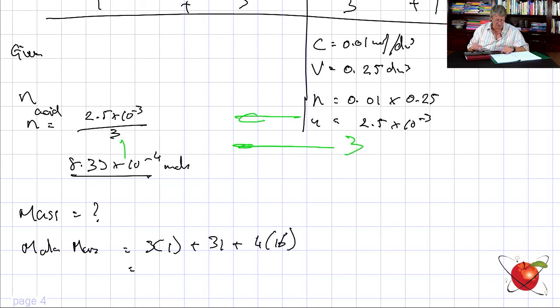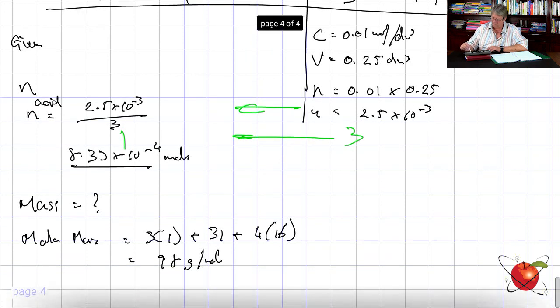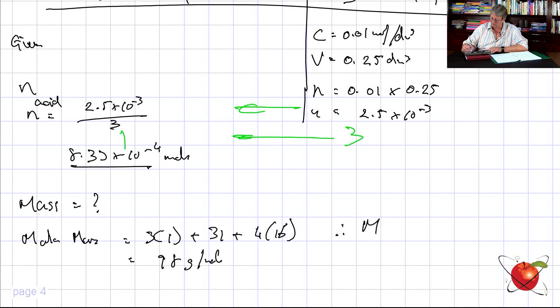Therefore, the mass is going to be equal to 98 times 8.33 times 10 to the minus 4, which gives me 0.082